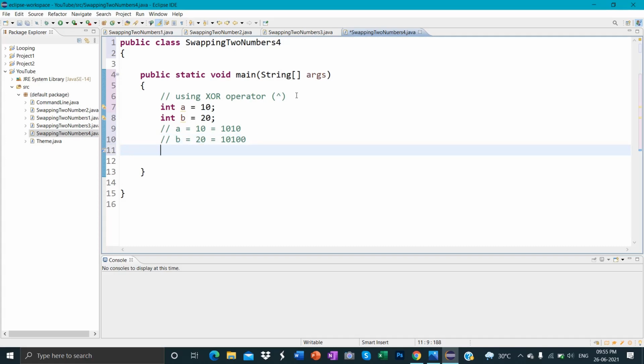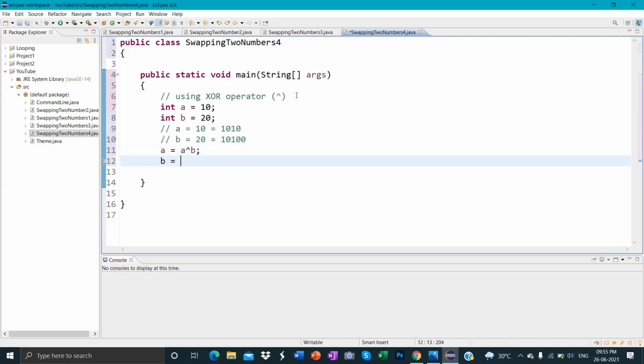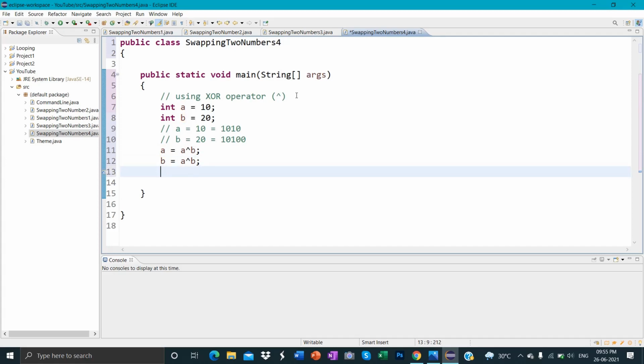Now what's the logic? The logic is, we will write three steps. First is a equals to a XOR b, then b equals to a XOR b again, then again a equals to a XOR b.